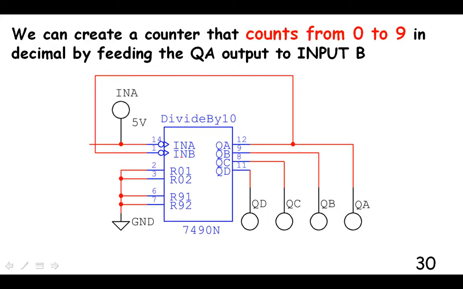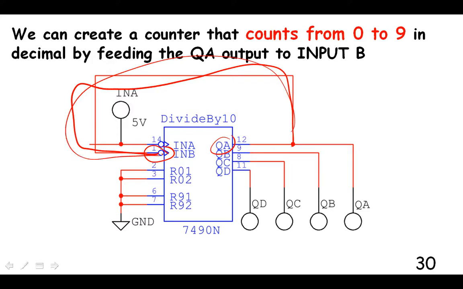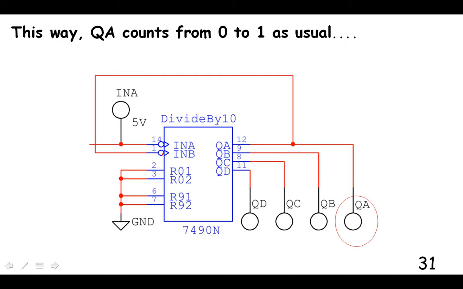Okay, we can create a counter that counts from 0 to 9 by taking the output here, QA, and feeding it into our divide by 5 counter there. So we've got a divide by 2 latching over here to the divide by 5. And watch, well, we're not going to go through that simulation. But if we did, we'd see this